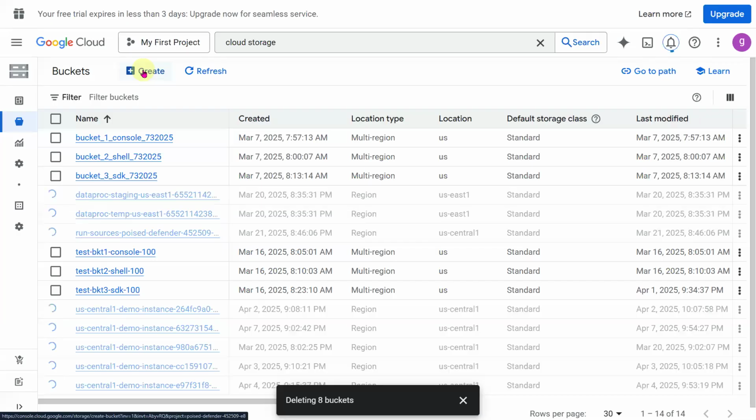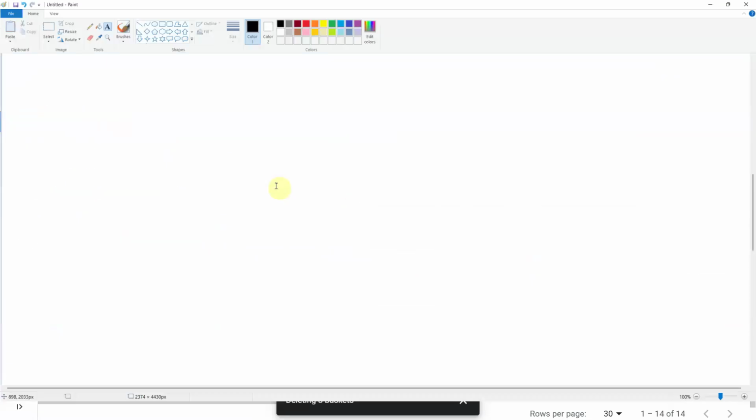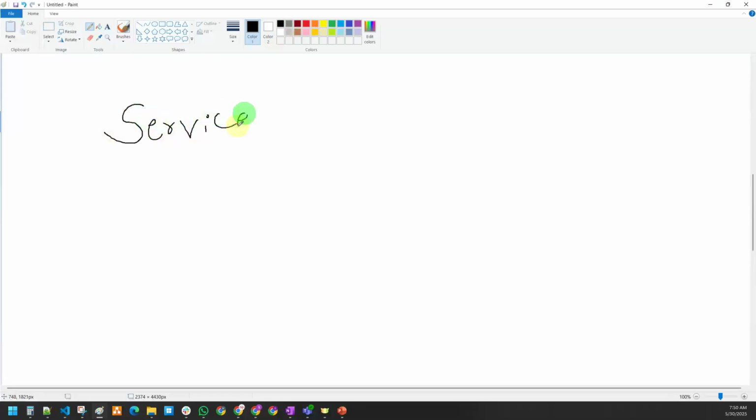But I just wanted to confirm one thing, as some people get confused over the terminology. That is, what is a service, what is a resource? Can anyone tell me, what is meant by service? What is meant by resource? Anyone? Sometimes you are using the GCP services, sometimes you are using the GCP resources.